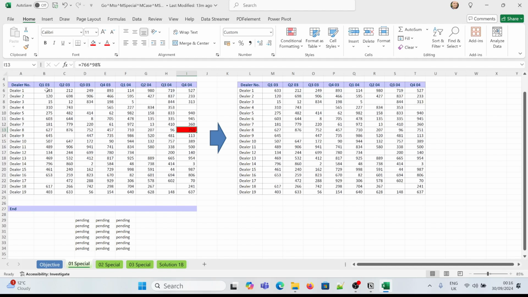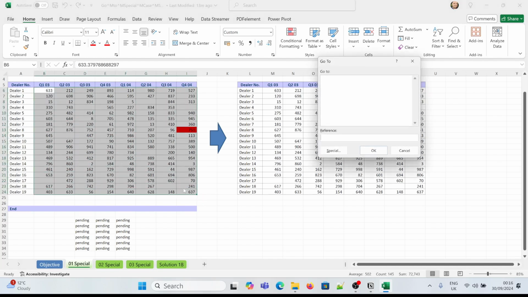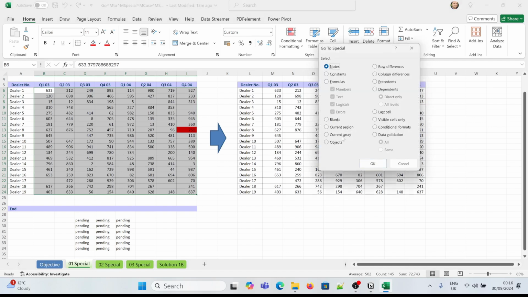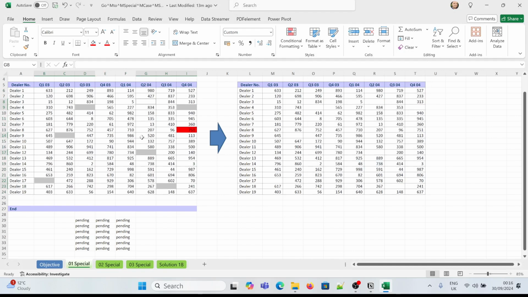The way I do it is select the whole data set, Control G again, go to Special, click on blanks this time. So if you're going to look for blanks, click OK. So here it has selected all the cells that are blank. Don't click on any other cell, otherwise the dynamic selection is gone. What you do is just say